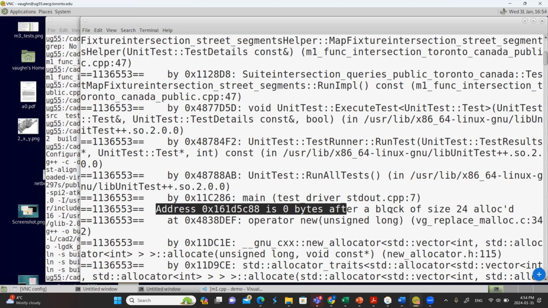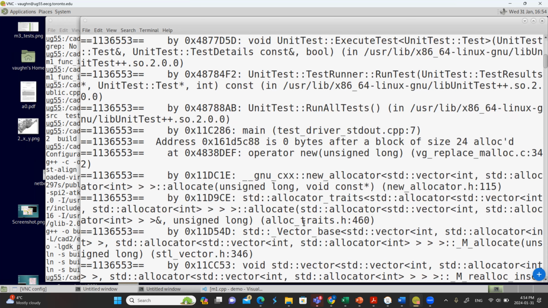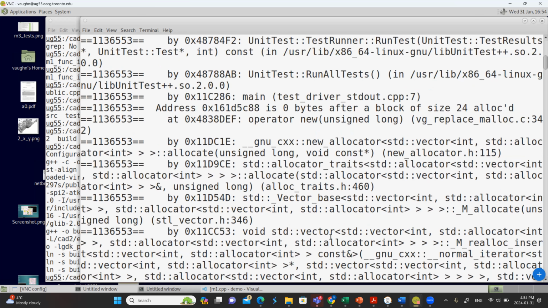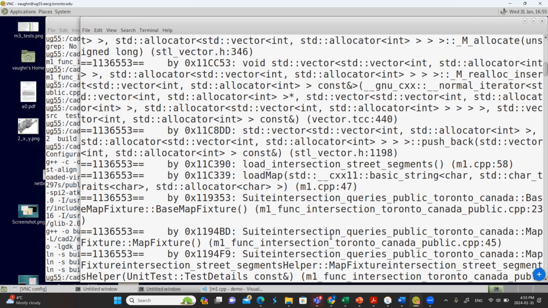And that memory was created by operator new, and operator new was called by vector functions. That vector function was pushback. Okay, so this memory was allocated by vector pushback, and that was called from line 58 of m1.cpp. Okay, so the pushback on line 65 is bad, and it was trying to write to memory it doesn't own, writing near memory that was allocated on line 58 of m1.cpp.